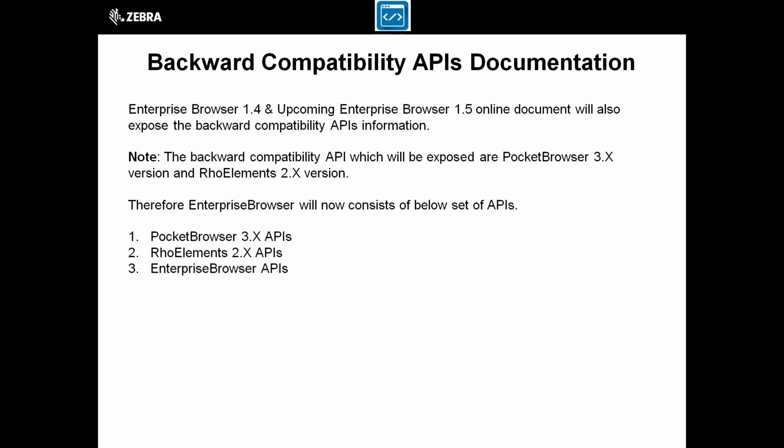So now our older online document, which is Enterprise Browser 1.4, and the upcoming Enterprise Browser 1.5 will expose the API sets for Pocket Browser 3.x and Rho Elements 2.x APIs.